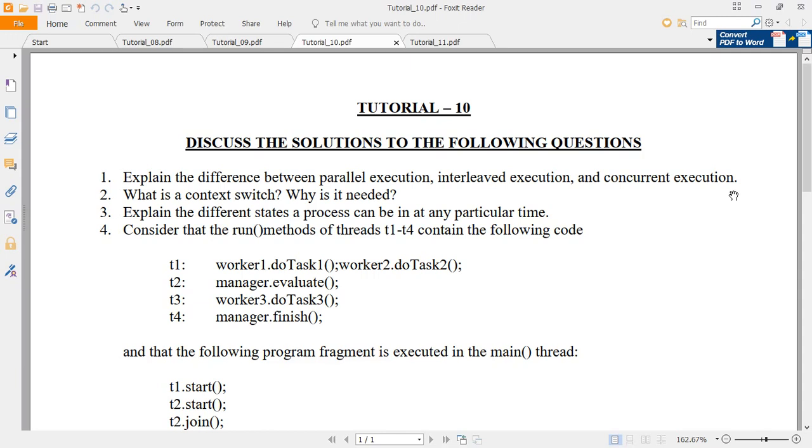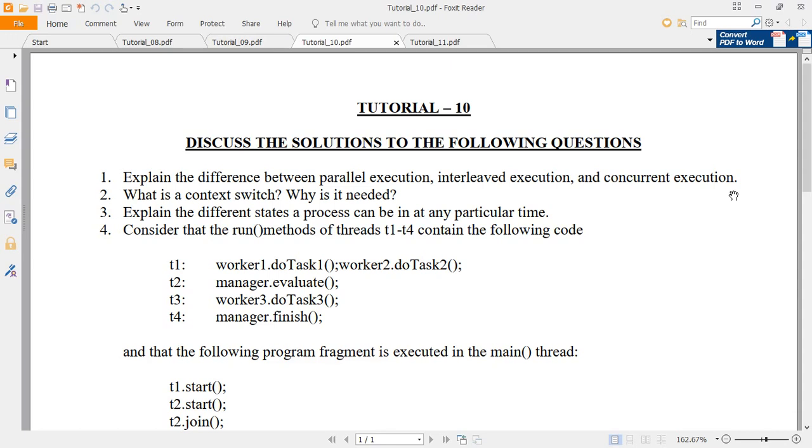this interleaved execution, and also sometimes a task may require immediate execution. Such tasks need to be picked up by the processor immediately and executed. In such cases, if there is no interleaving, that means if there is no preemption in the execution of tasks, then context switching is not possible.